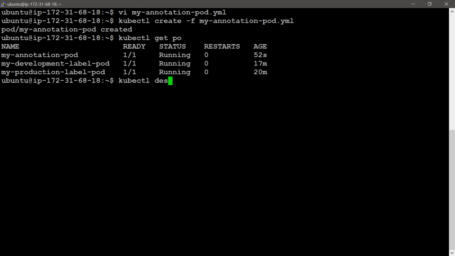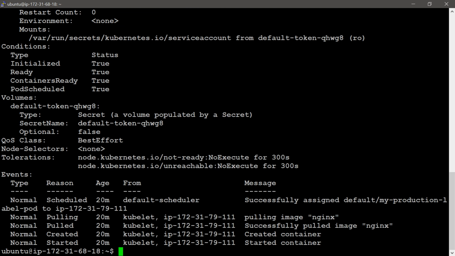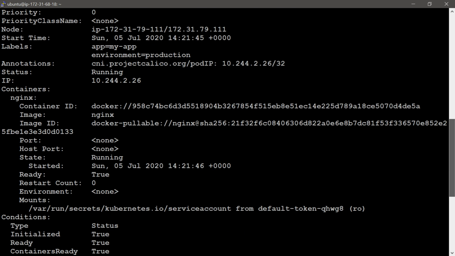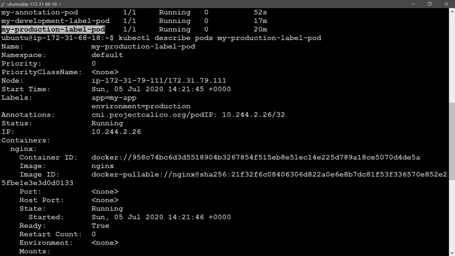kubectl describe pods. The pod name we can provide is my-production-label-pod. Here we can see the name, it's showing my-production-label-pod, and the namespace.